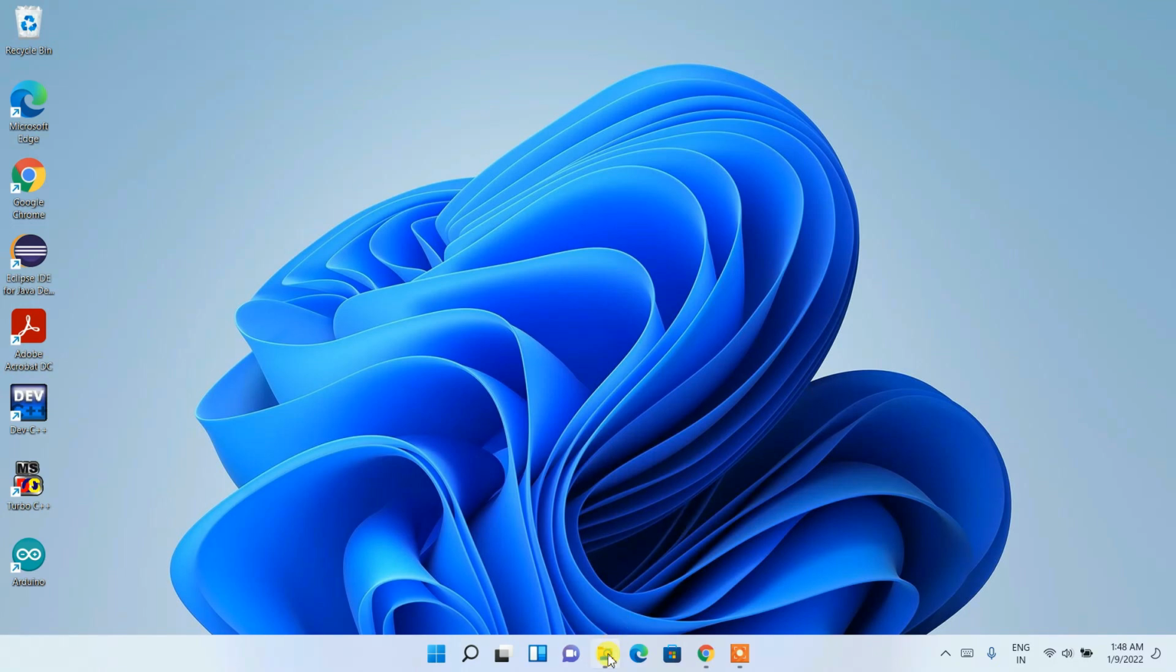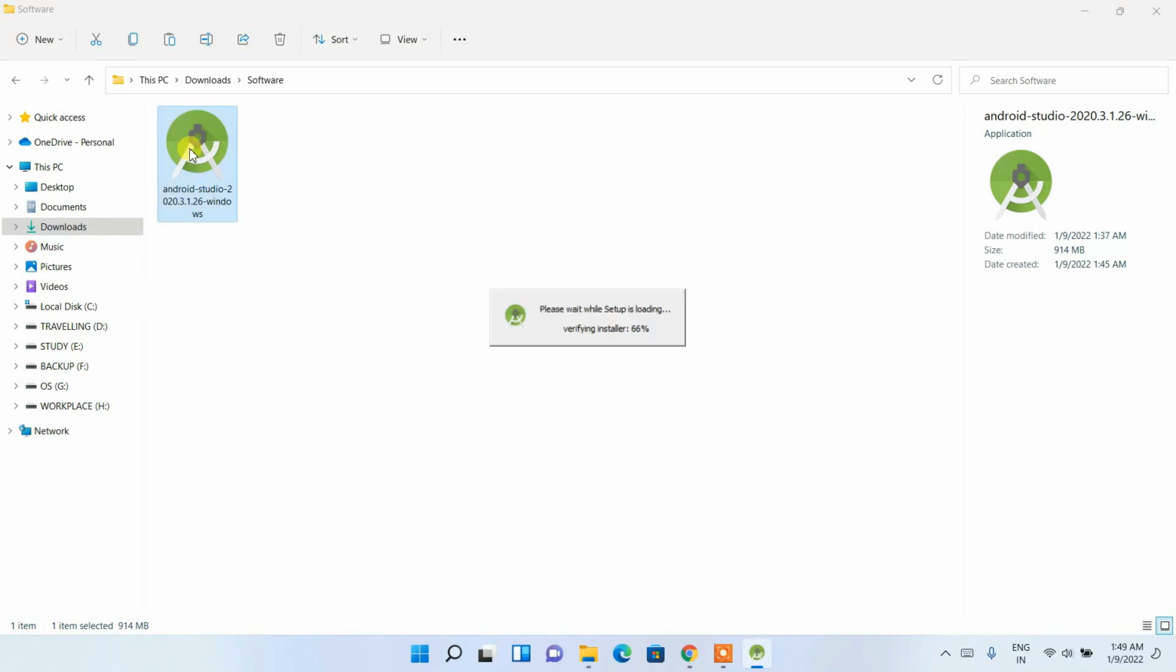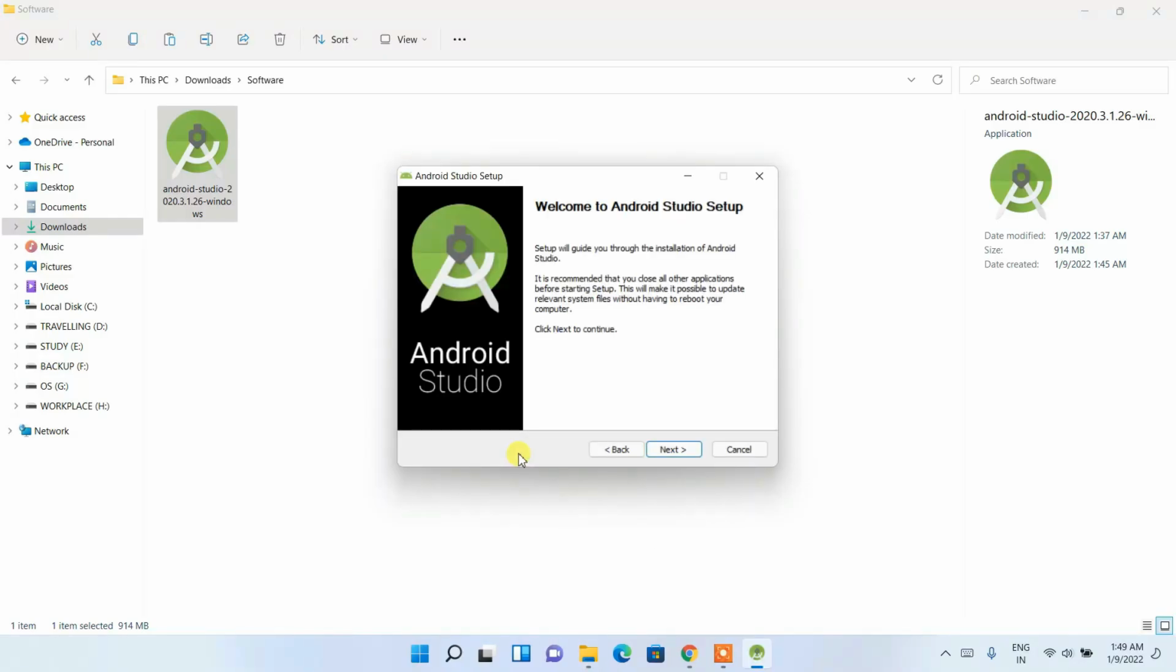and go to my download directory. We can see the latest version of Android Studio, 2020.3.1.26, has already been downloaded over here. Simply double click on it to start installing Android Studio, and you'll see that the setup is currently loading. It is verifying the installer, and it will ask you for administrative privileges. For that, simply click on Yes,